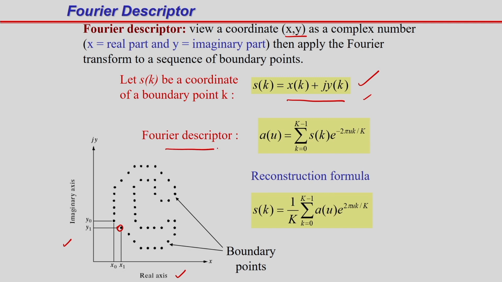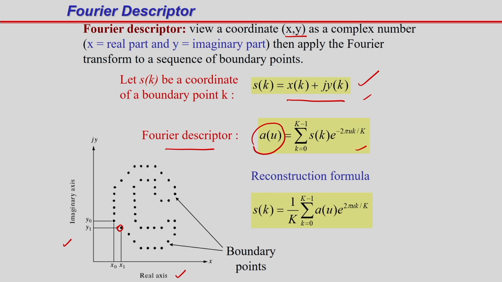So what is the Fourier descriptor? I am taking the Fourier transform of sk, that is the DFT: au equals the sum of sk e to the power minus 2 pi j uk divided by K. That is the Fourier transform I am considering, and by this, I can represent the boundary. The boundary is sk, and corresponding to this boundary, I have the Fourier descriptor au. So that means the boundary is represented by the Fourier coefficients au.